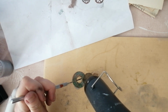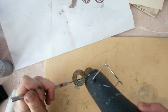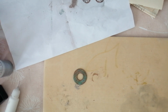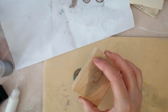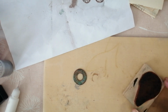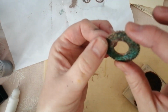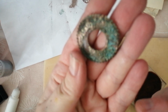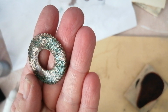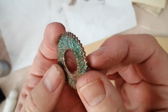Now, because you're heat setting over what you've just done, it will take out the actual texture that you've just put in with the stamp, because it's remelting everything, and it will remelt the layer underneath. So if you do want some of your texture back in, you do need to just tap your stamp onto the disc and onto the cog again. And there we go. Just a little bit warm, so I've smeared it a little bit, but that's fine. There you go. So now it's got some of that copper and verdigris effect to it,